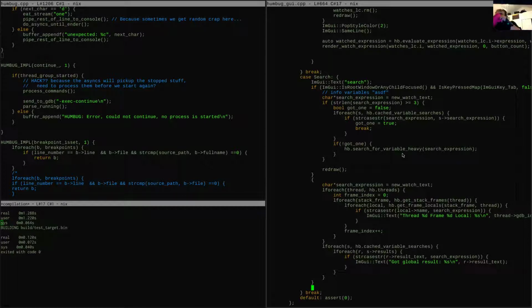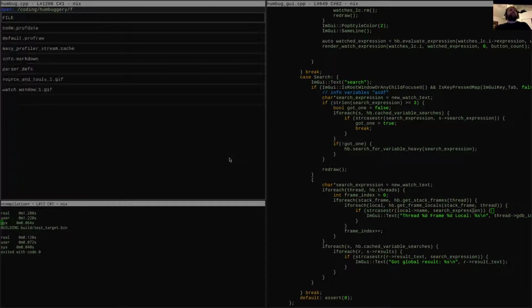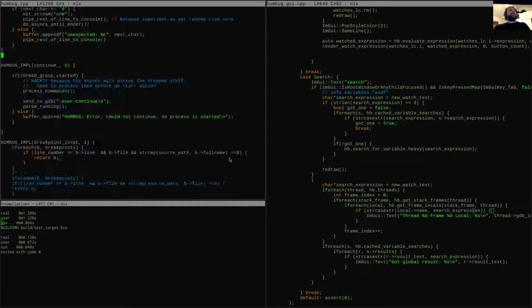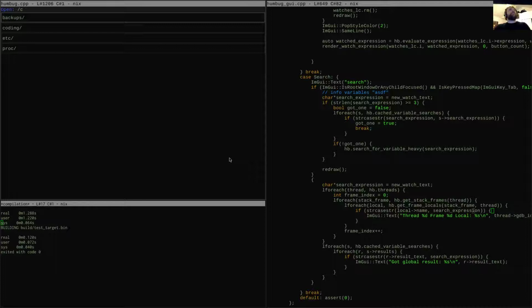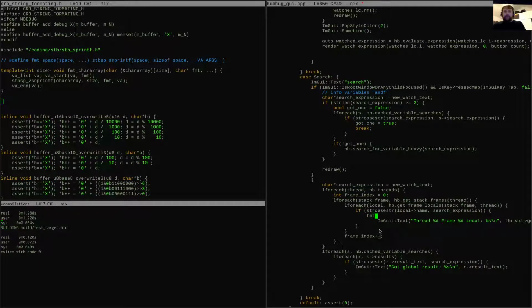So in order to do that, I think I have a string formatting here, format char array. Okay, so I believe that I can do this.